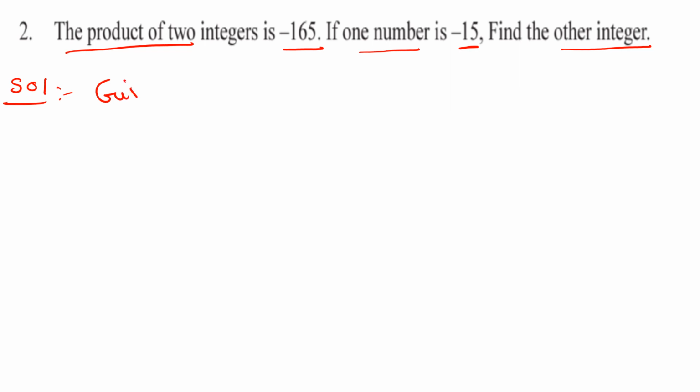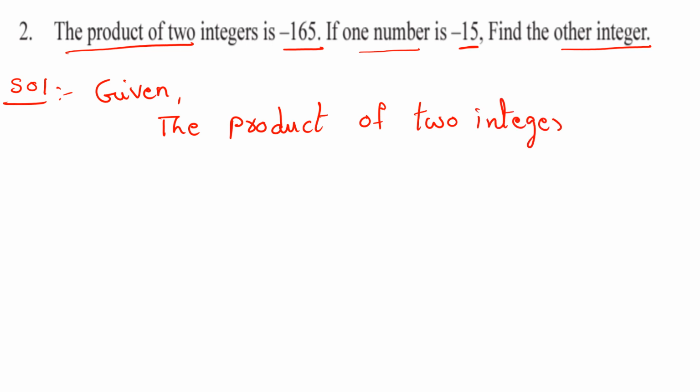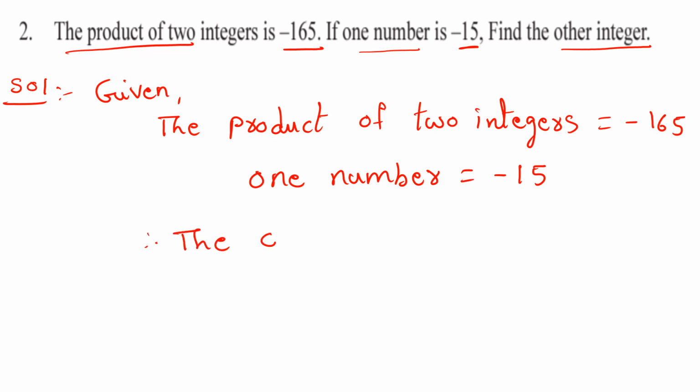Given: the product of two integers is equal to minus 165, and one number is equal to minus 15. Therefore the other integer is equal to